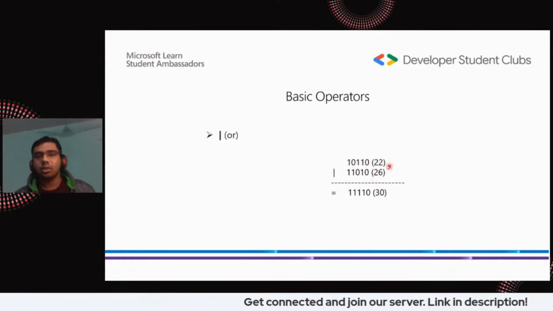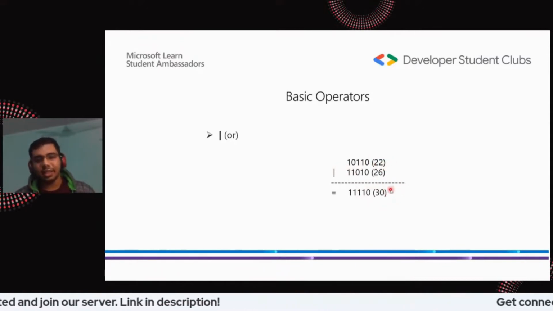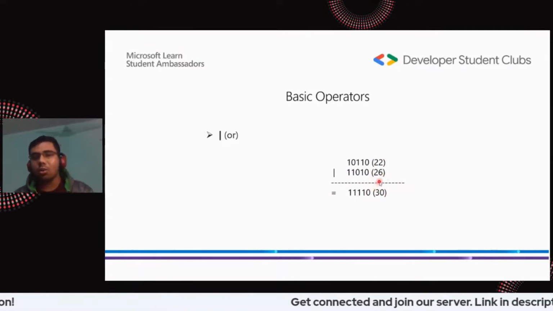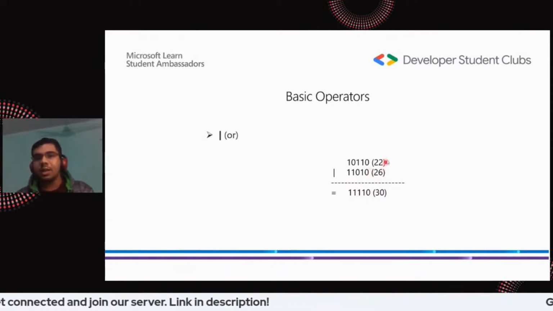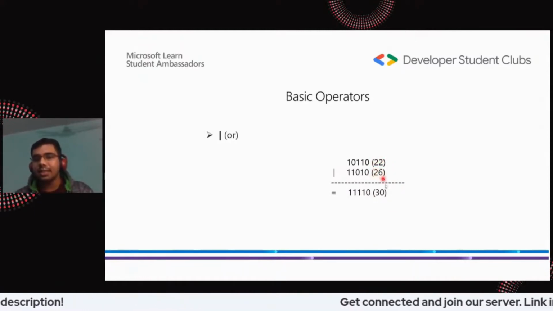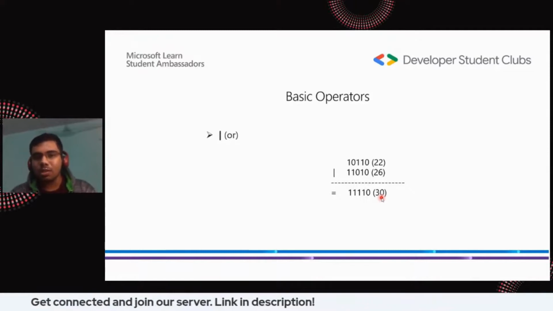Again, the same example I took, 22 and 26. Do an OR operation on this, and you figure out it gives you a peculiar result, 30. You may not be figuring out how 30 came about. It happened with the bitwise operator, you just OR this. But on normal decimals, if you're trying to do something with 22 and 26 and ultimately find 30, I don't think this would be possible on general knowledge.